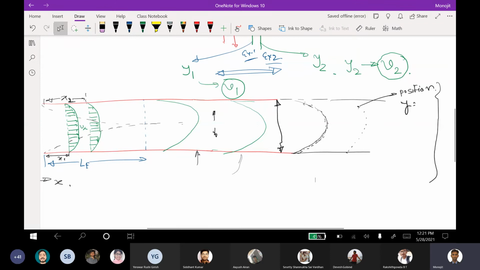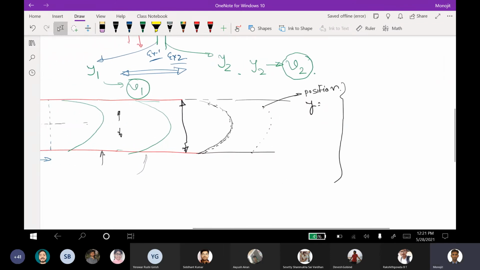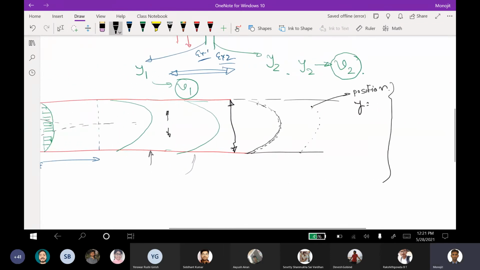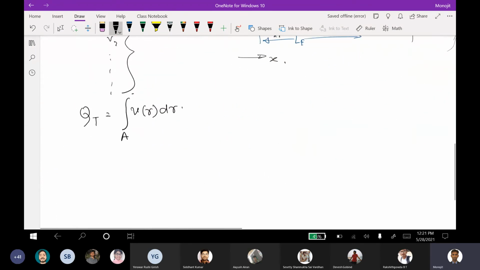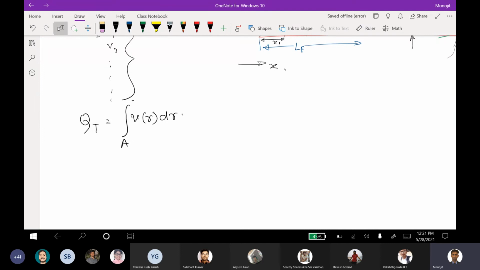What you were supposed to do, which you couldn't do, is place the Pitot tube at different locations, and there was a scale located in the lab. So whenever you get a chance to come back to campus, you can look at this instrument once. From this scale you will get the position, and from the manometer reading you will get the y. Once you get these two pieces of information, you are in a position to calculate the theoretical volumetric flow rate.